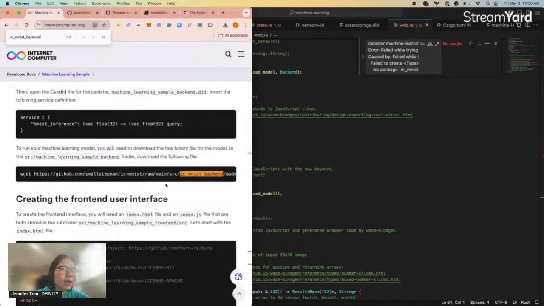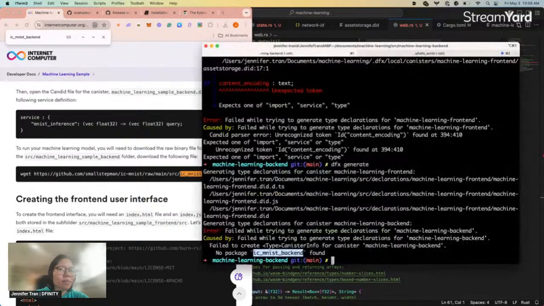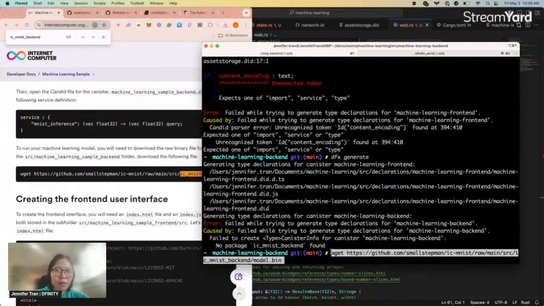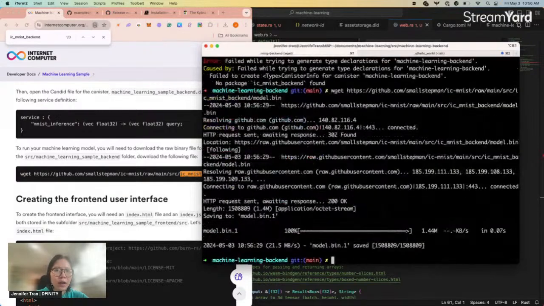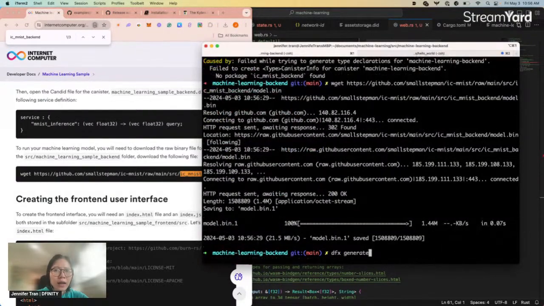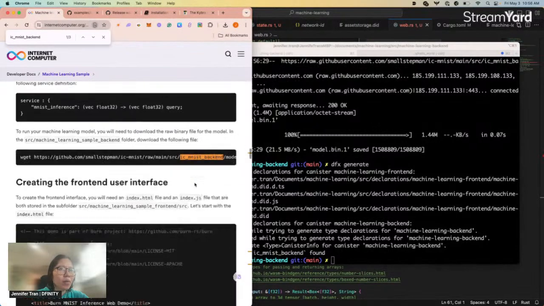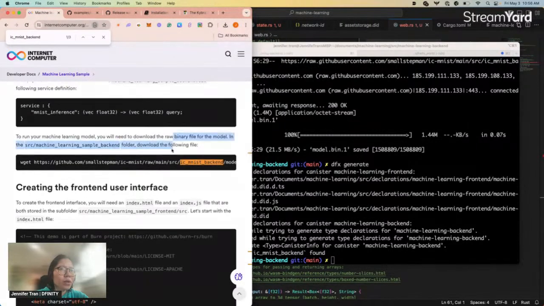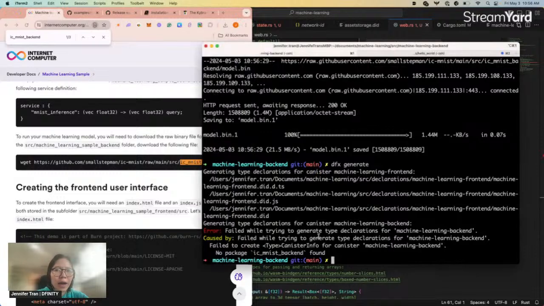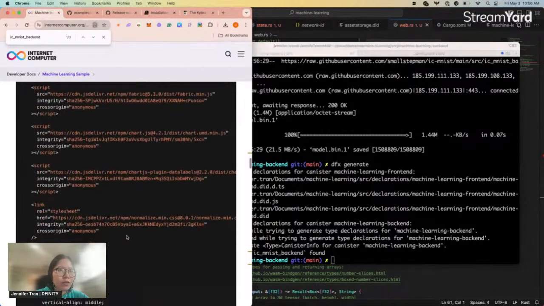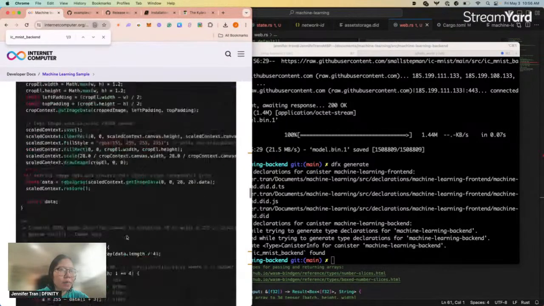Like we did call it. Let me just make sure that in the backend folder we did actually. So let's see now if this will work. We did download the binary file as suggested here.